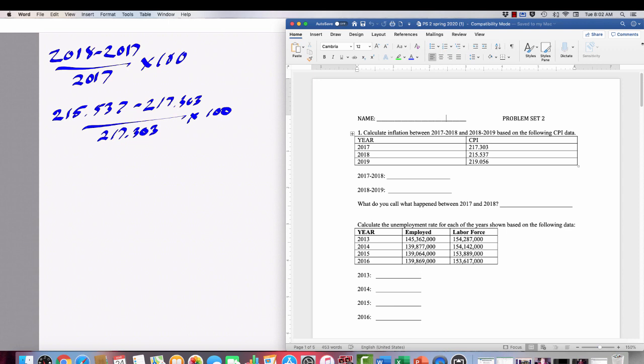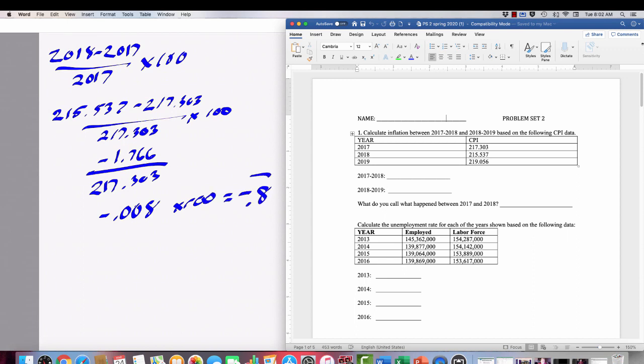So I'm just going to take a look at my calculator here. 215.537 minus 217.303. That gives me a minus 1.766. And I'll divide that by 217.303. And that gives me a minus 0.008. If I multiply that by 100, that gives me a minus 0.8 in terms of